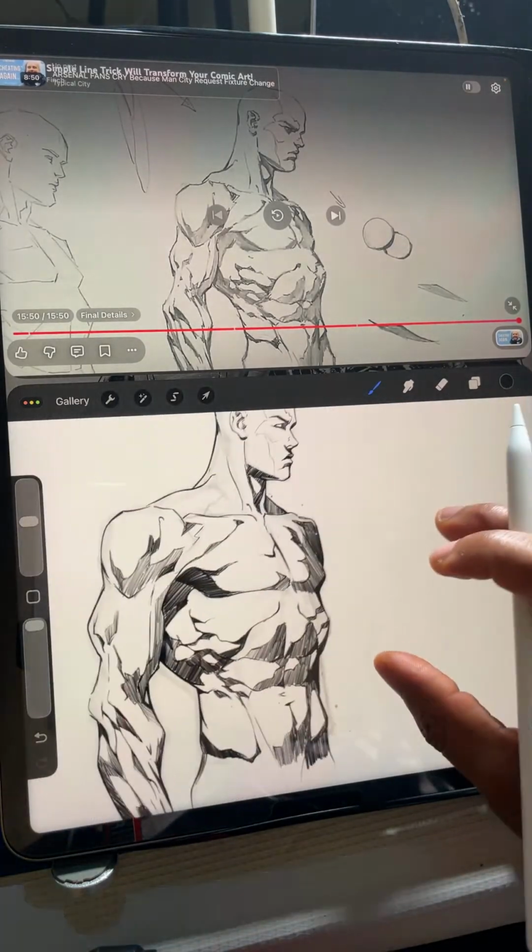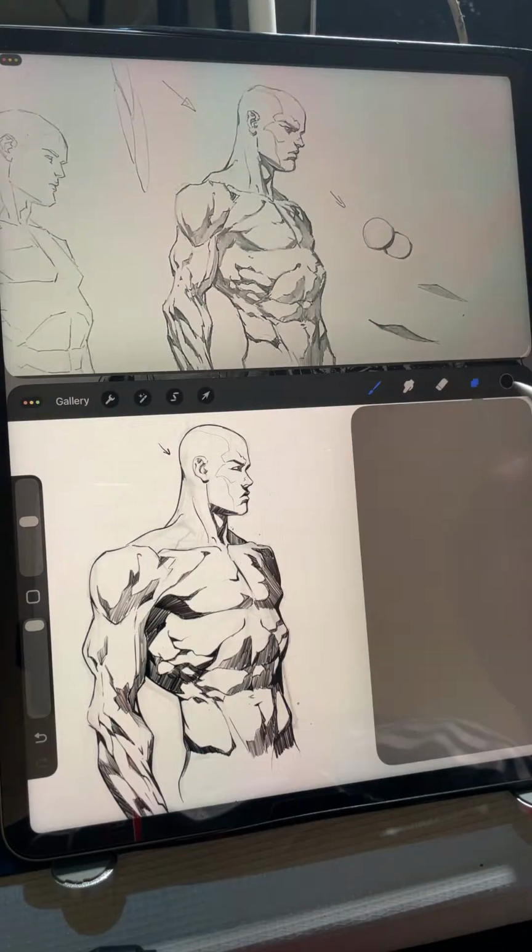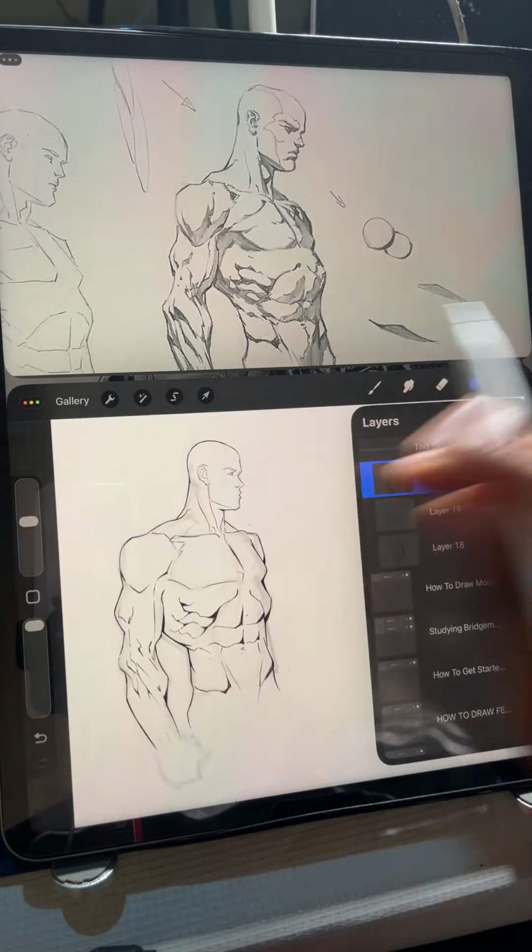All right, I think we did all right. I think we did good. It's not perfect, but it's good. I like the way it is. Let's compare the shadows with